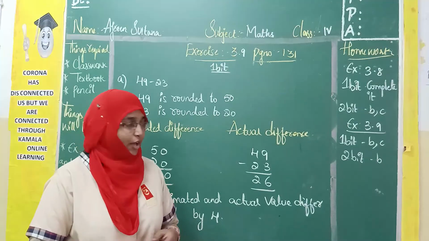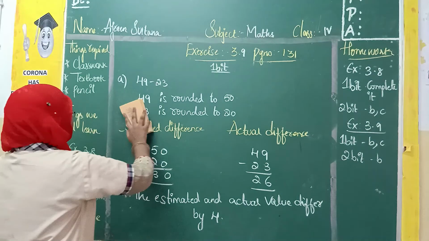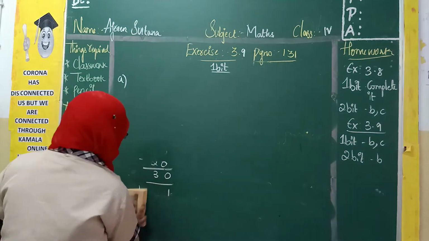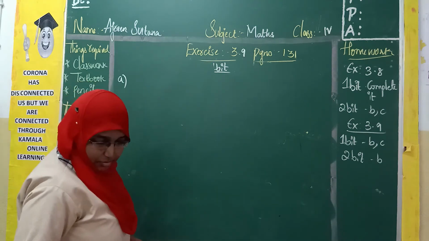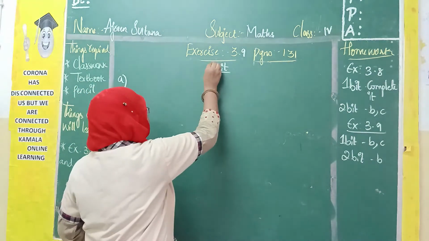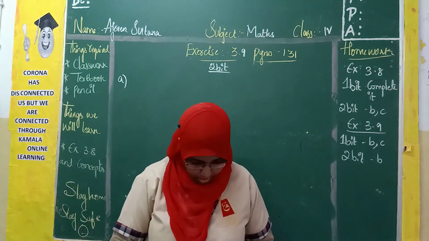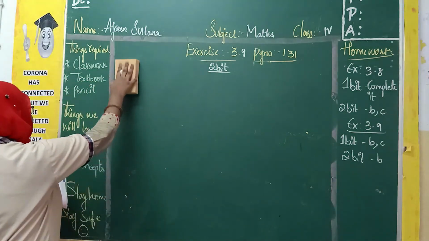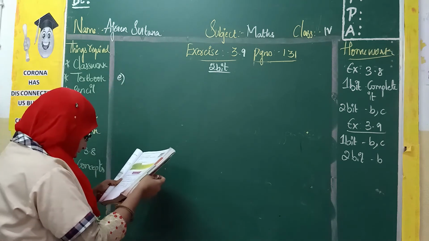Next, I hope you have written this. Let's move on to our second bit. Write down your second bit in your classwork. And first question. Now let's go with E, because A is very easy, we can do it. I'll give you a hint for E. See what is the question we have been given?